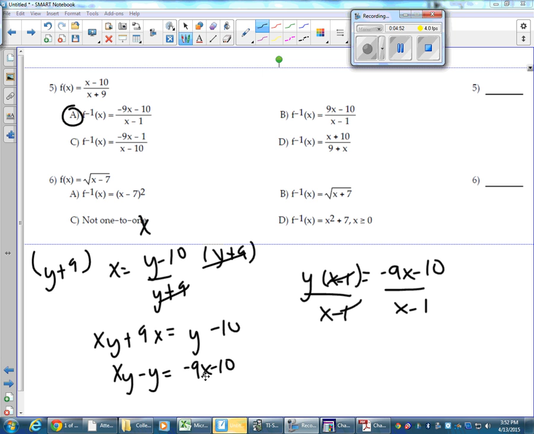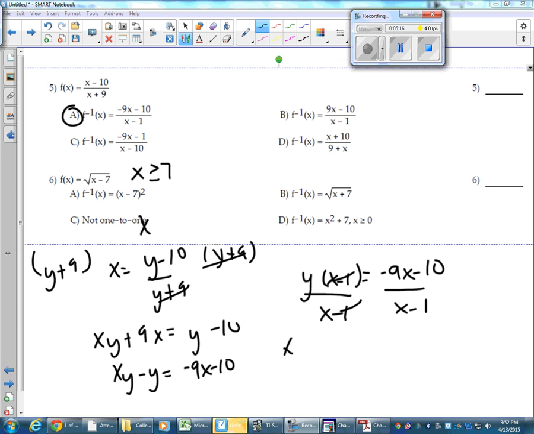Number 6 is a square root function. It does have an inverse, but we just have to make sure that our x values have to be greater than or equal to 7, because that would only work that way. So what we would have to do here is